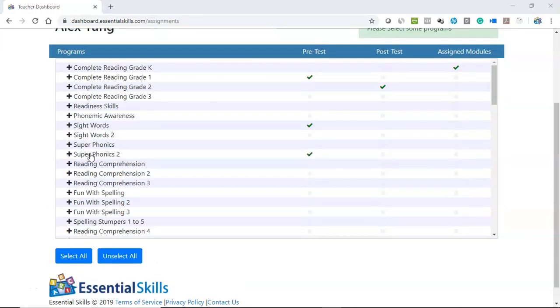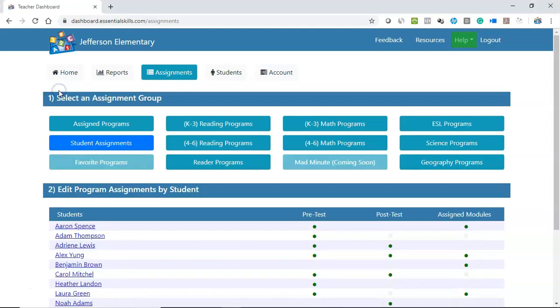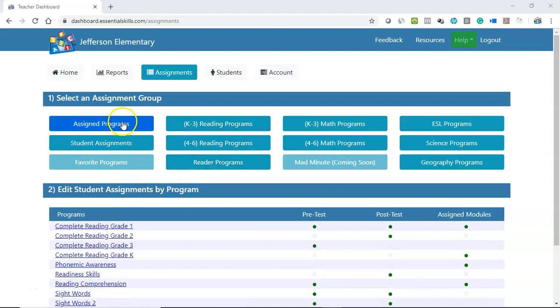Here you can see the assignments for the selected student. You can select a program name to create, remove, or edit assignments. To do this for multiple students, you'll want to use one of the other assignment groups found on the Assignments homepage. The Assigned Programs button is going to give you a list of programs that some of your students currently